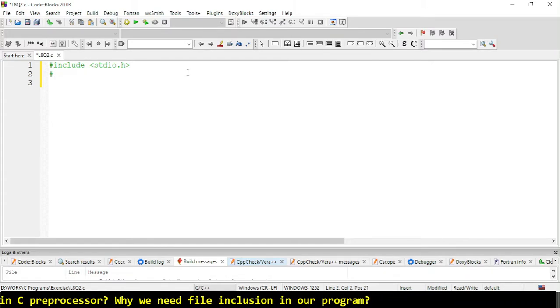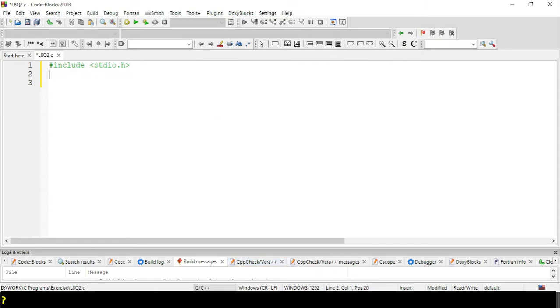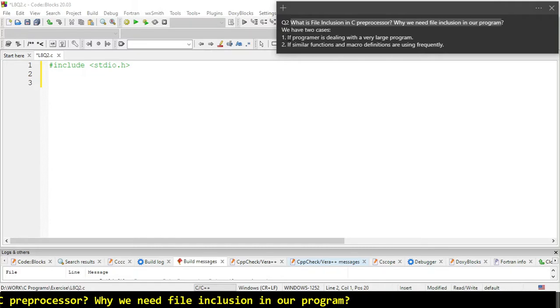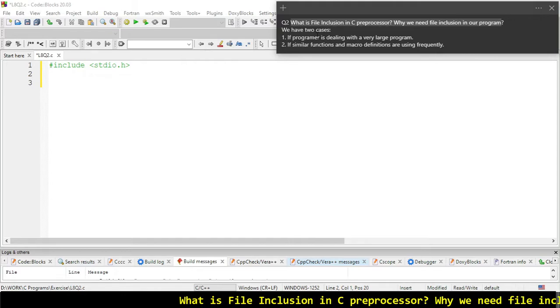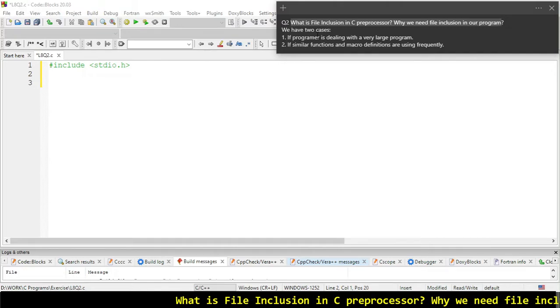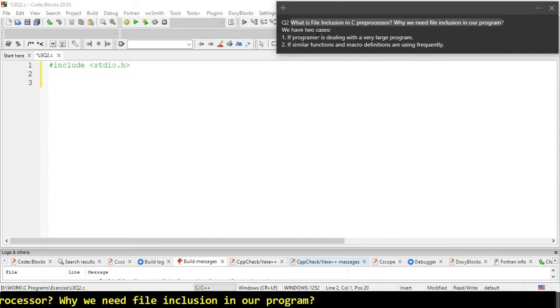Here we have to create two more files. First, we will create a program with a circle to define the area of a circle for our program. We will create two files, one for definition and one for declaration.